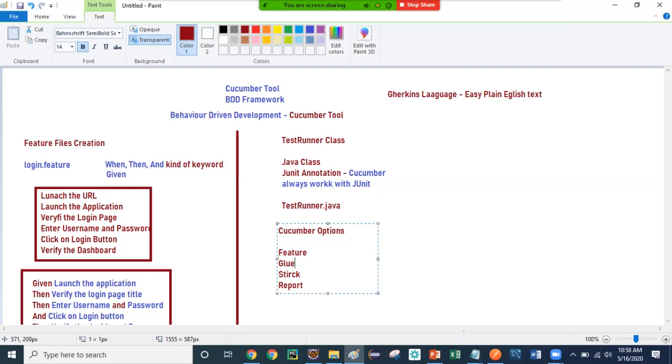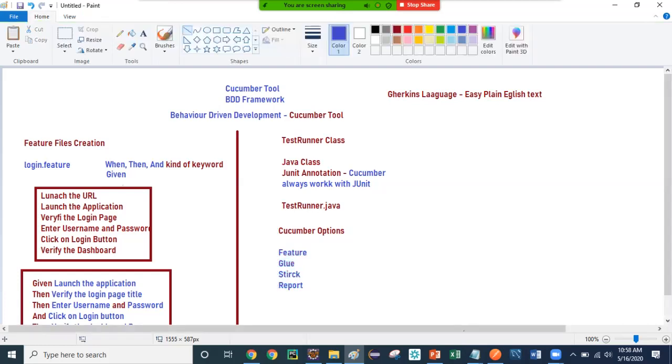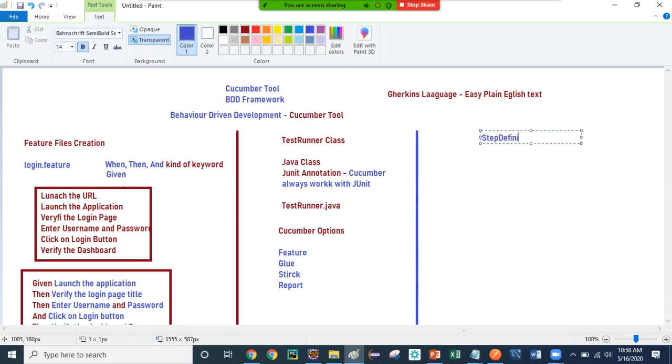The first thing is the feature file, then we have the test runner, then the third is again a Java class, which is the step definition file, another Java class. What does it contain? It contains Selenium plus Java code to perform the actual actions.